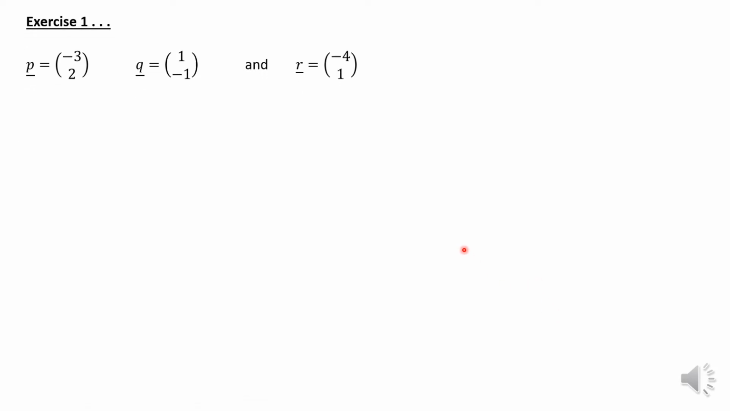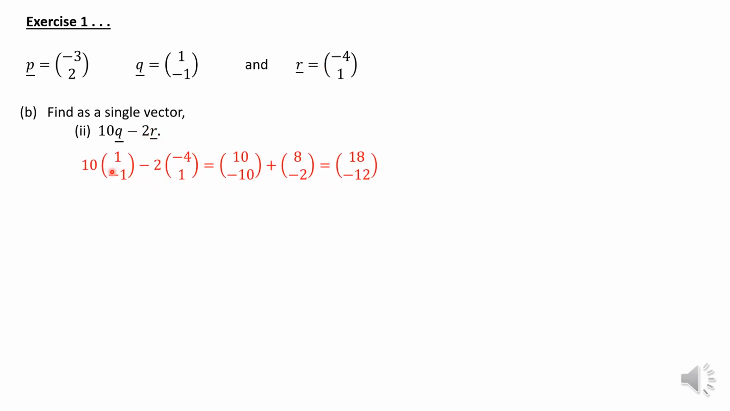So let's continue with that exercise. What we have here is they are saying we're supposed to find this as a single vector. So this is 10 here, which acts as a scalar quantity for vector Q, all right? And then the negative 2 here is a scalar for vector R. So once you punch that in, remember that scalar quantity multiplies with each one of the elements or the components